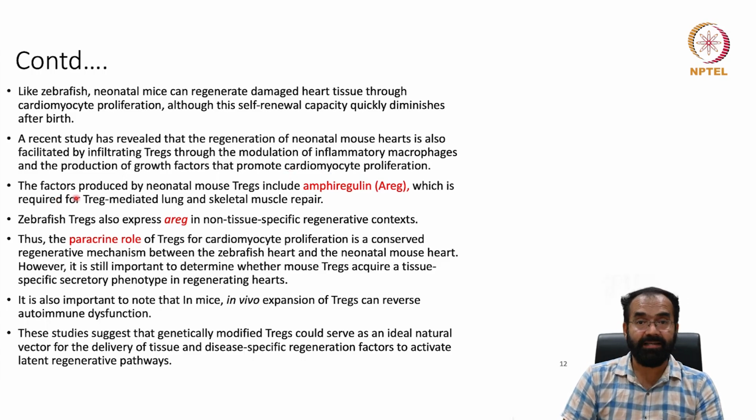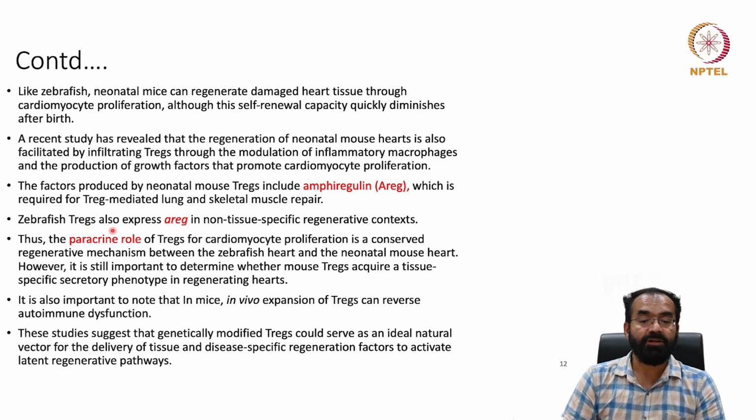So the factors produced by the neonatal Tregs include amphiregulin, AREG, which is required for the Treg-mediated lung and skeletal muscle repair. So the host or the local tissue support in the form of a gene expression favors Tregs